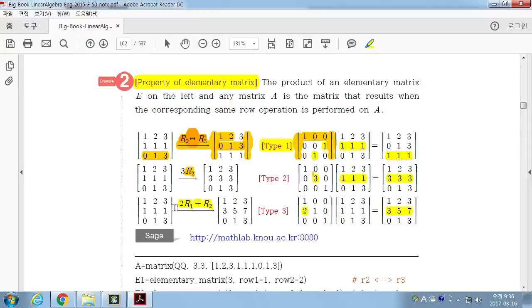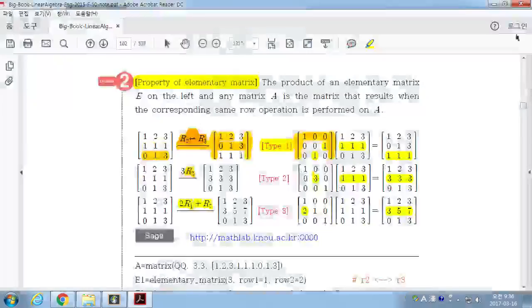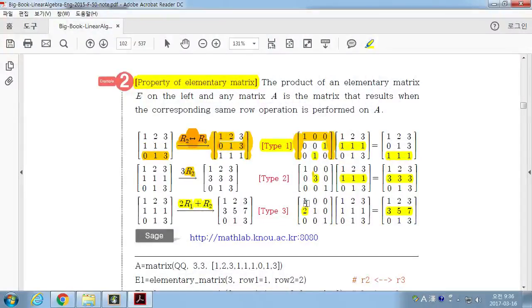So for this type, multiply 2 on the first row and add it to the second row. This is the corresponding elementary matrix. If you multiply this matrix, the corresponding elementary matrix, on the left, it multiplies 2 on the first row and adds it to the second row. If you have a 2 in the (2,1) entry, then this 2 goes to here, and the (2,1) entry means